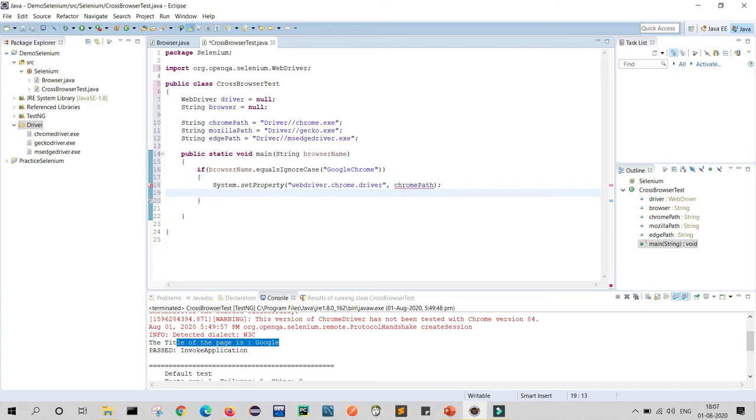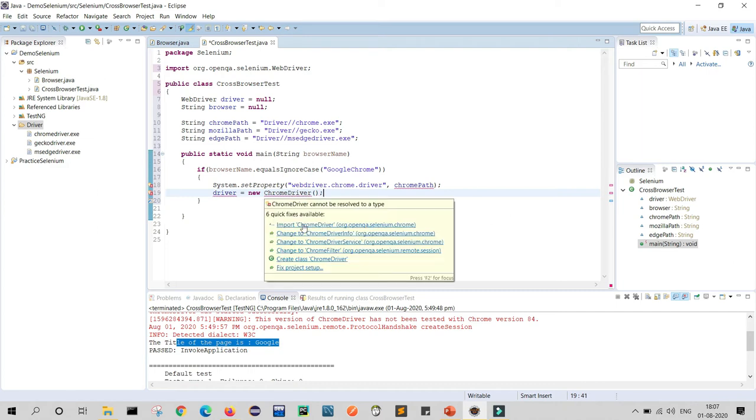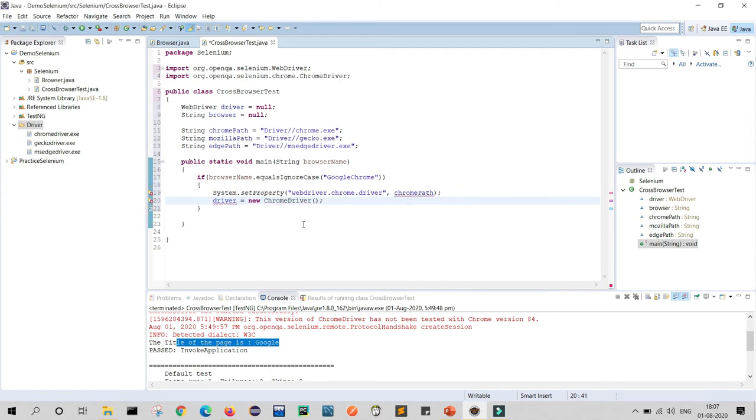then we will write driver equals to new Chrome driver. It will ask for import, so I will import it here.